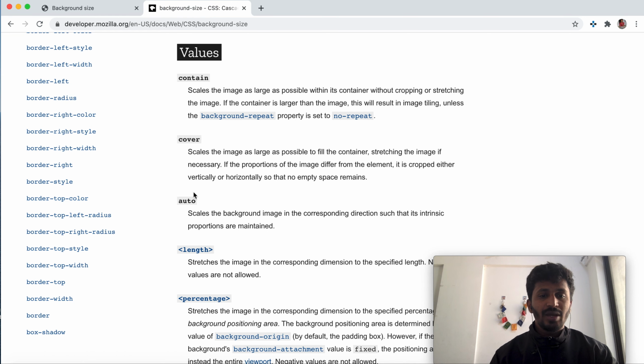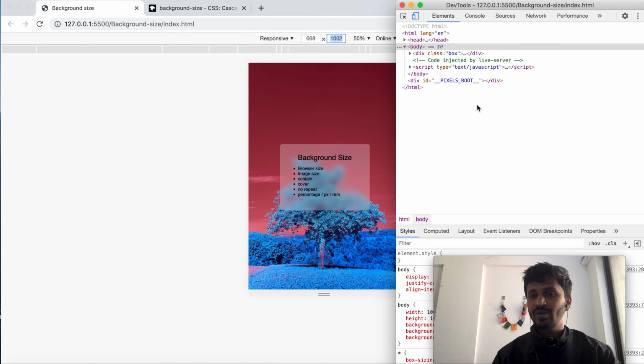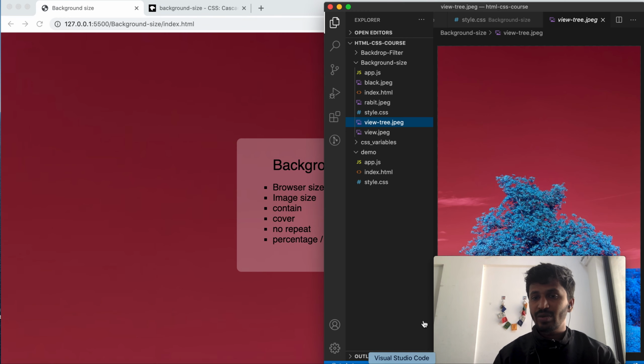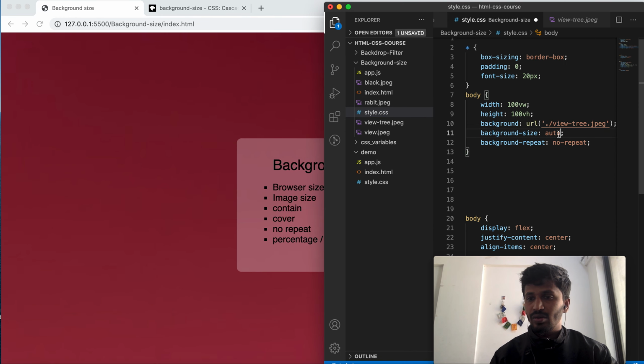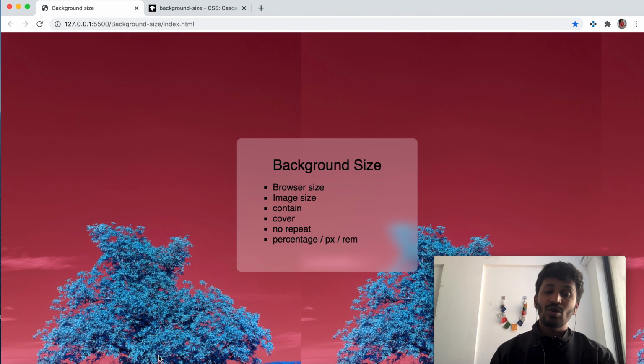Okay, cool. Apart from cover we have the auto property as well. The initial view that I showed you was from the auto property. So let's give the auto property and see how it looks. See, the auto property is also cropping your image at the bottom, which we solved using contain, but contain is repeating the image, which we solved using cover. These types of problems come from the dimensions of the browser, but if you know the size of your element, if that is fixed, then you won't see such problems, but this is something that you will come across.